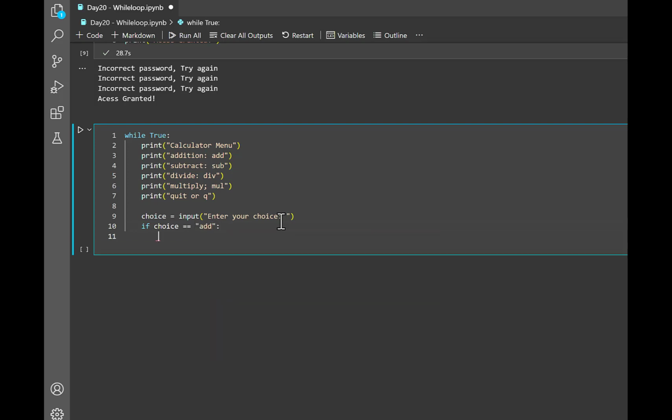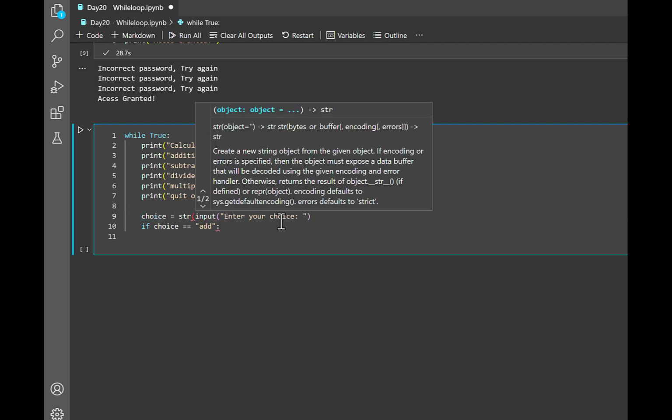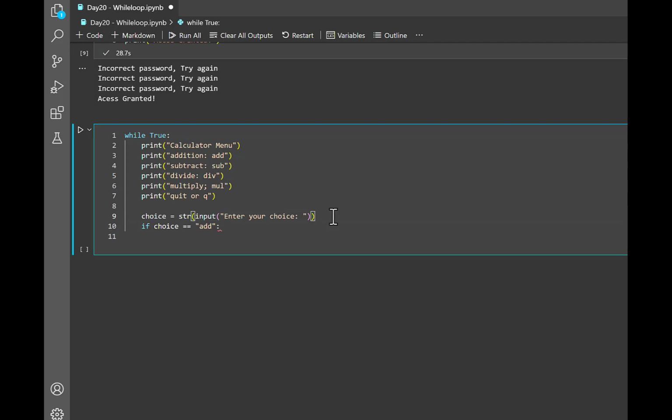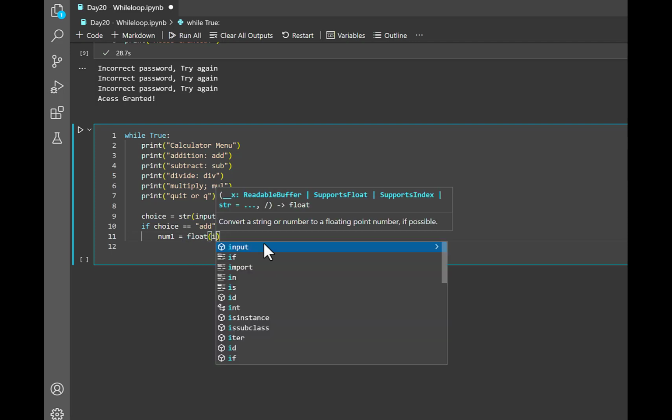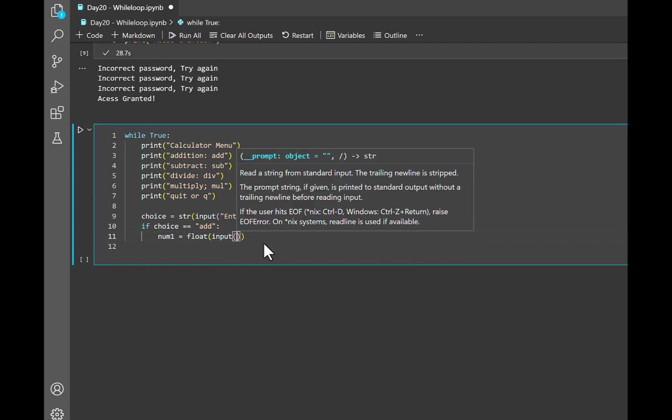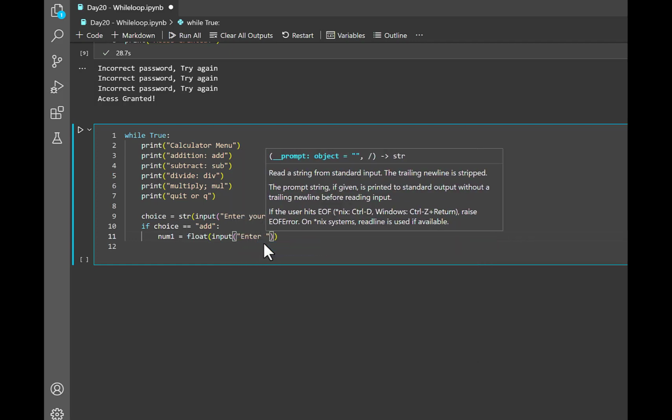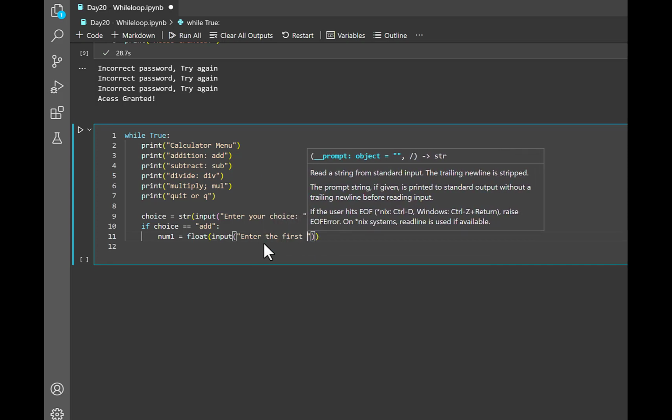If the input is add, and I also have to mention over here this should be only a string variable, no numerical, no float. Basically float is also numerical, so let's say integer, and the floating point shouldn't be there. So num1 equal to only the numerical will be a float. Let's say input, enter the first number,